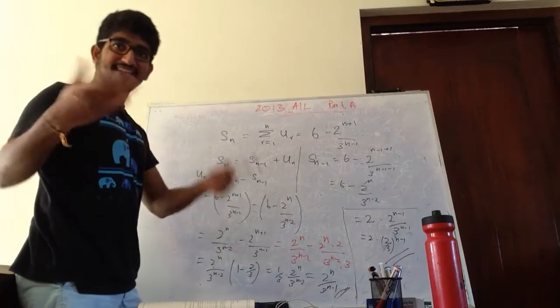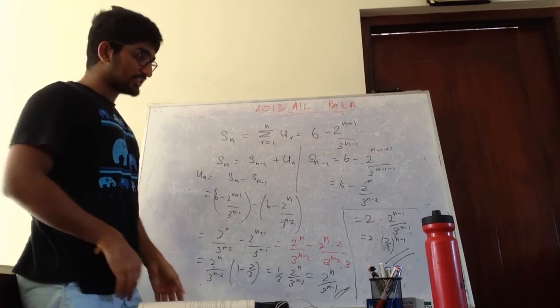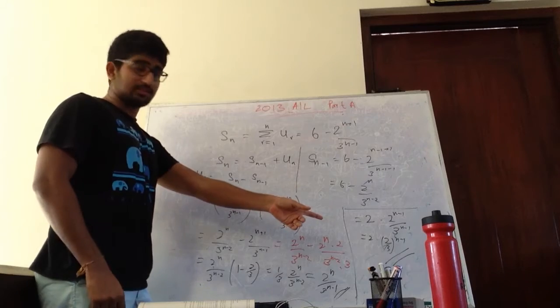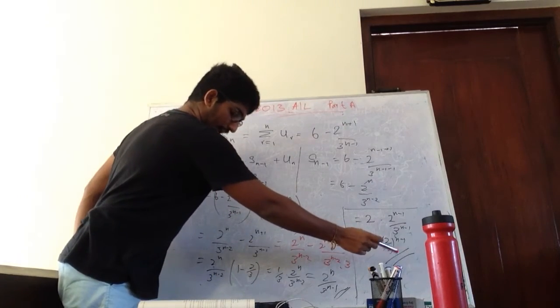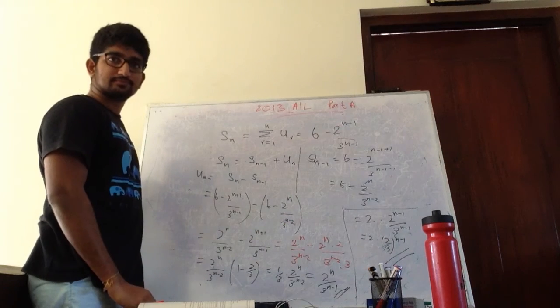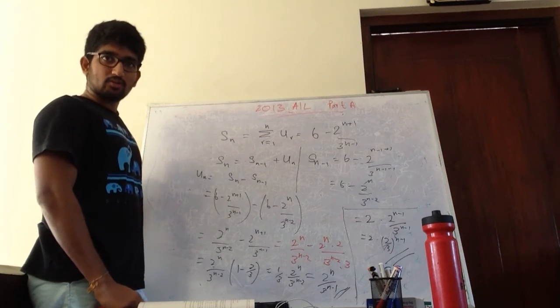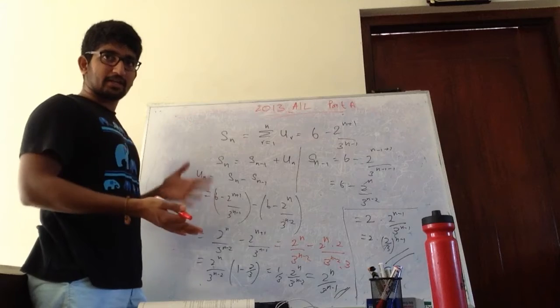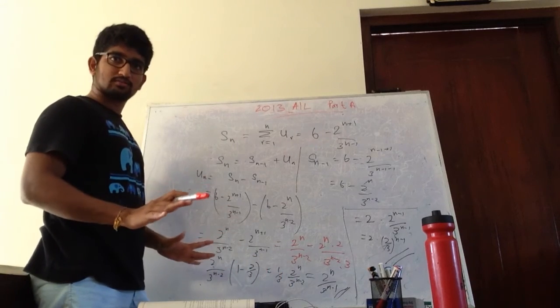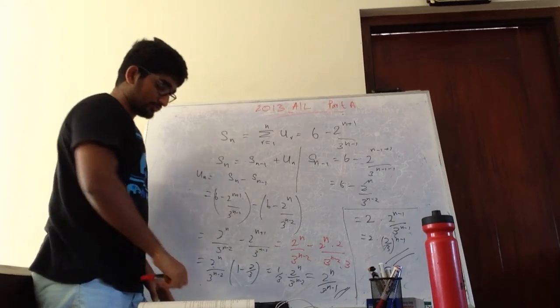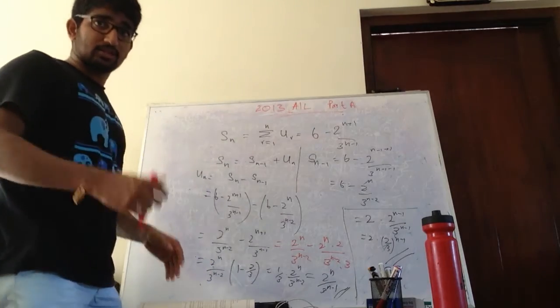So I wrote this in a more series form. Right? So this is basically a geometric series where the first term is 2 and the common ratio is 2 over 3. Right? No? So I just manipulated this. So even if your answer is up to here, you will get the full mark. Until now. So now they are asking something else. Let's see.